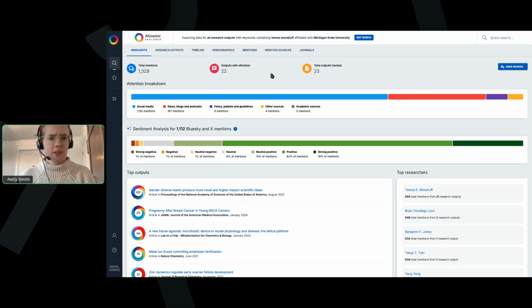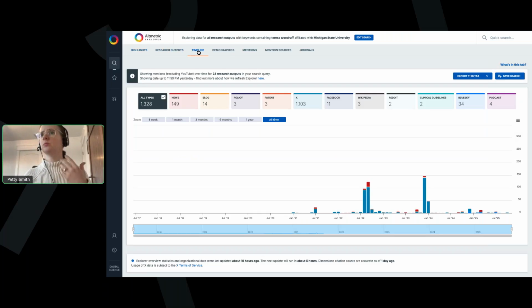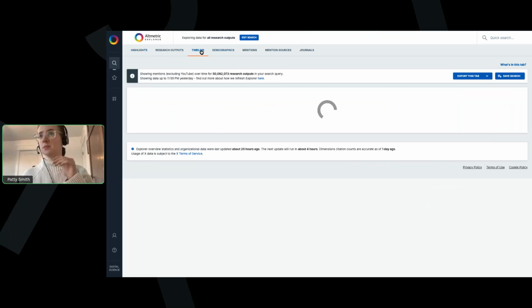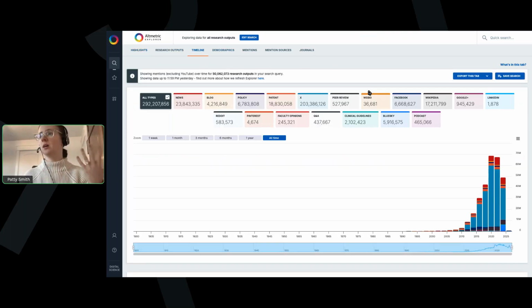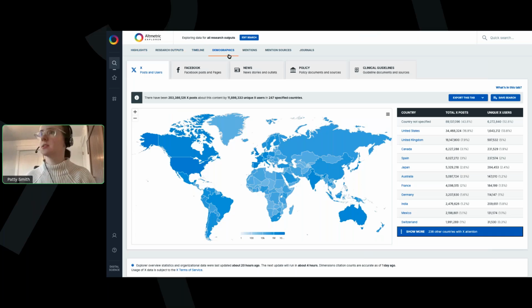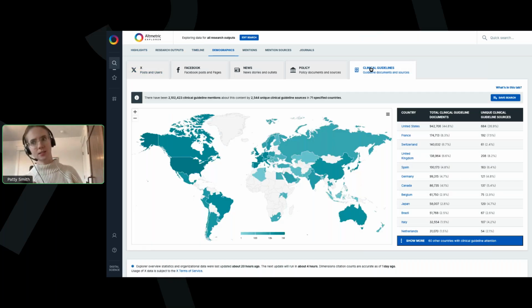Okay, a couple other things I will show. All right, so the timeline view, actually, let me get rid of, we'll just look at the whole database now. Timeline, so of course now Blue Sky, clinical guidelines, and podcasts are reflected in this cumulative timeline view. If I pop into demographics, we have these world maps of where in the world attention is happening for a handful of sources, and so clinical guidelines is one of them. So we can see that there, so we can see the coverage globally,